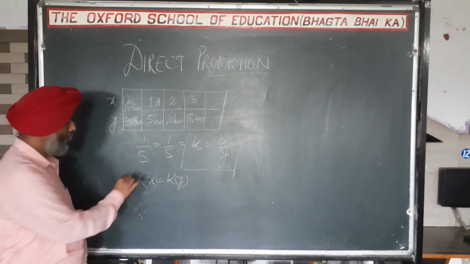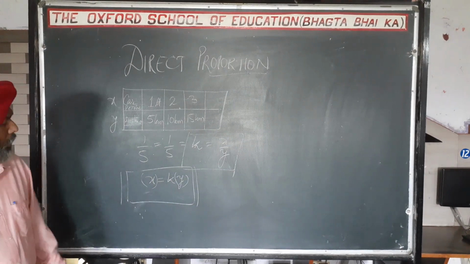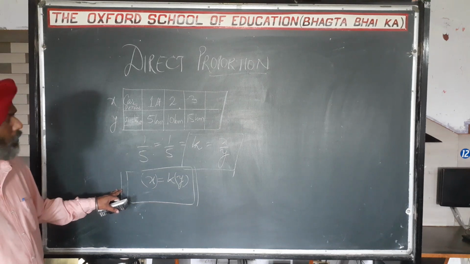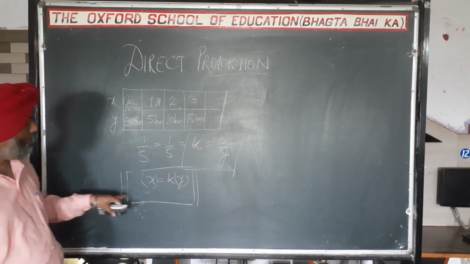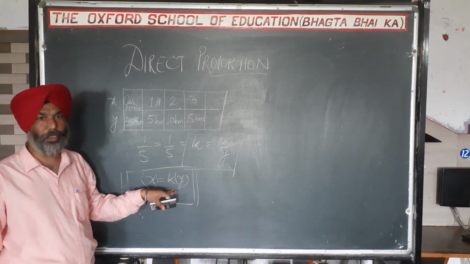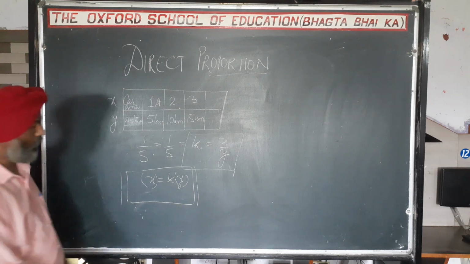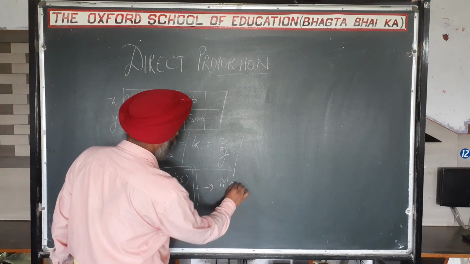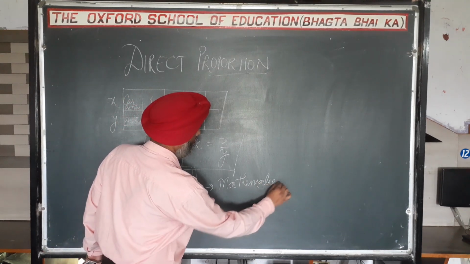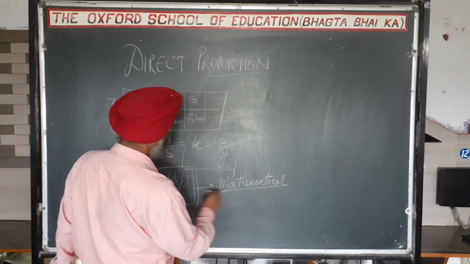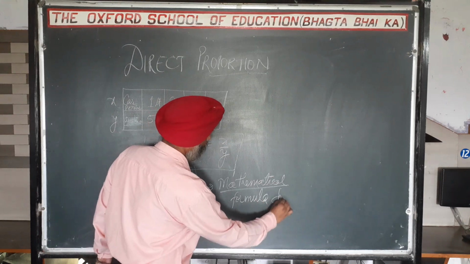We got this type of relation, which is always dealt with in class with your little kids. Tell them, students, when we are dealing with direct proportion questions, then always we have to apply mathematically this type of relation between the two quantities x and y. So this is the mathematical formula to sort out the problems related with direct proportion.